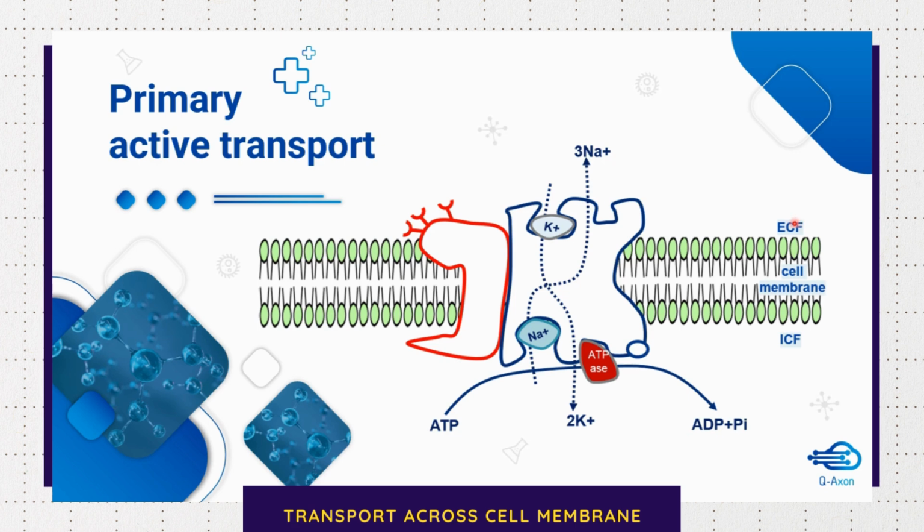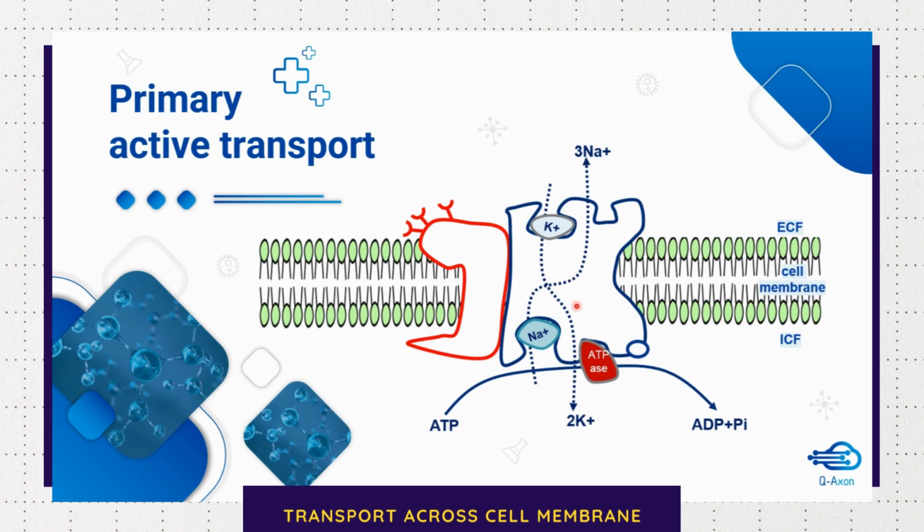So it is transporting sodium from inside the cell, where there is less sodium concentration, to outside the cell, where there is more sodium concentration, and similarly for potassium it is transporting from outside to inside, where there is more potassium concentration. So both substances are moving against their concentration gradient in this example. So in primary active transport, even if it transports one substance or two substances, all the substances move against their concentration